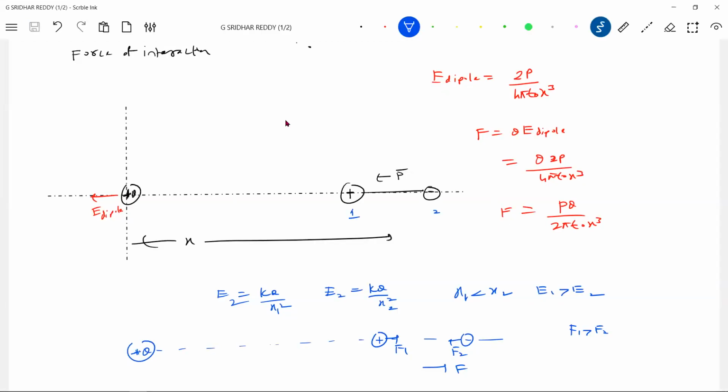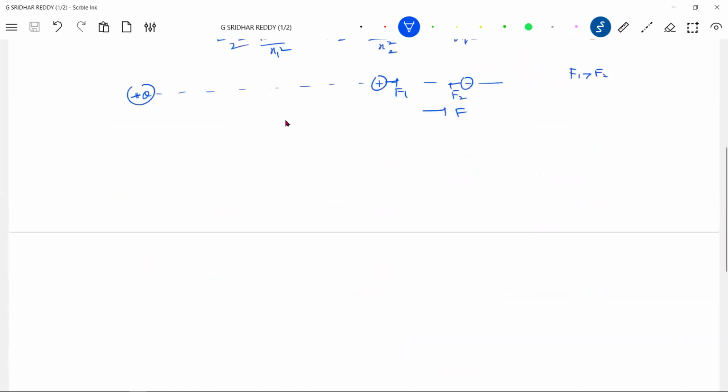Okay, so now the concept will extend to between two dipoles. Now, if there are two dipoles,